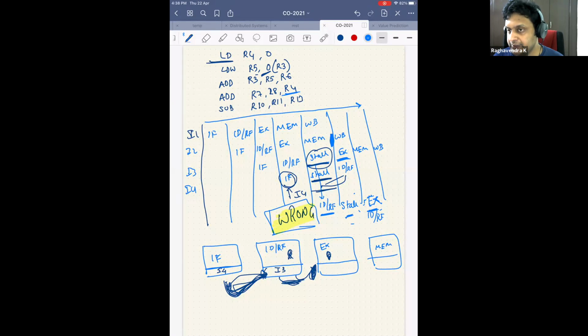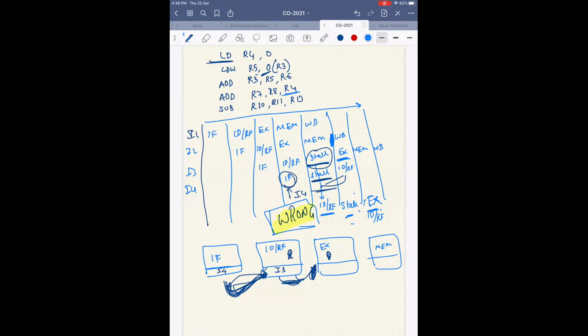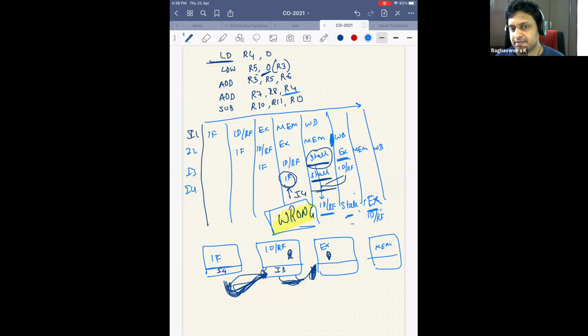So there are mechanisms to figure that out, but it will be very complicated if I teach that. In an actual processor, this will not happen. The actual processor no longer implements it this way, because they are all superscalar processors. So there's a different way that these things are handled. That's why I mentioned long back